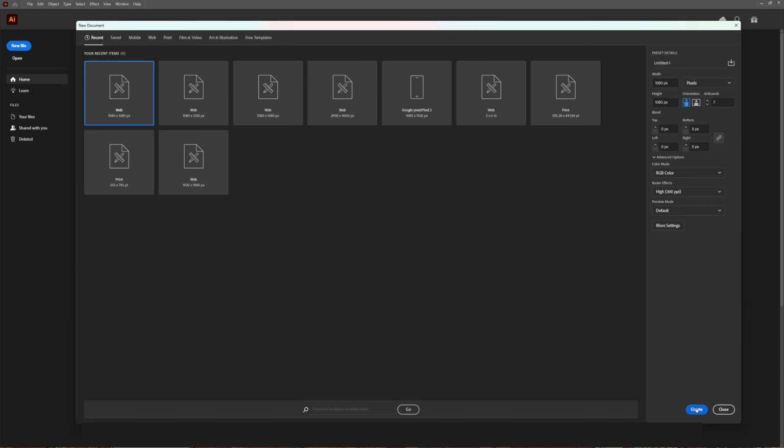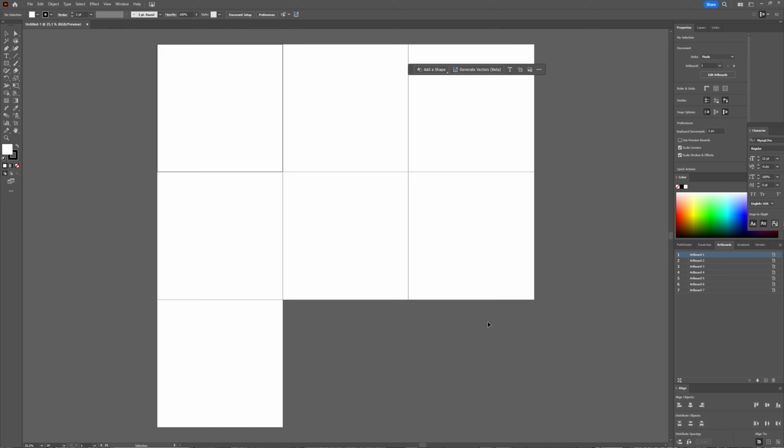And if you then click Create, Illustrator will think, and as you can see, we now have 7 artboards, which can be helpful if you're creating things for social media or for advertising. You have all these artboards at once. You can also, in the artboards window,